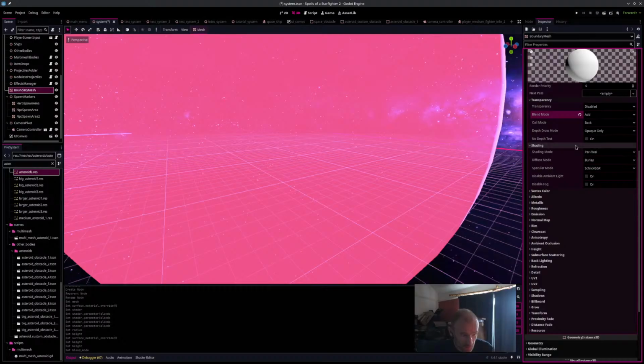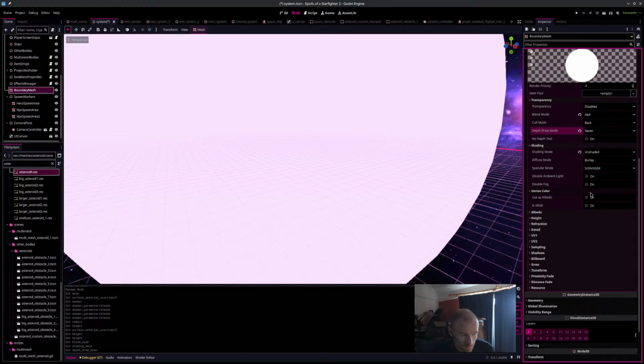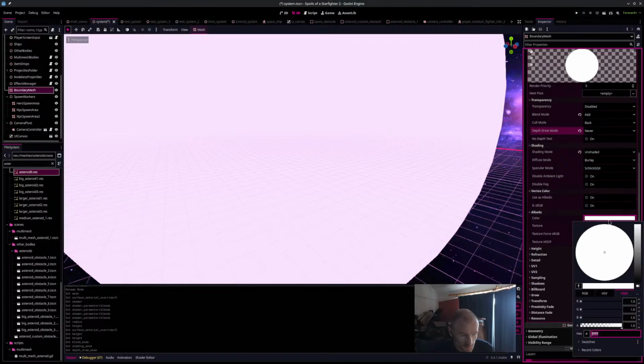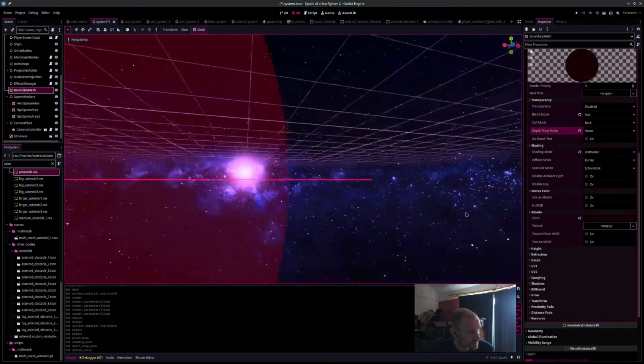And then I need unshaded. And then I need depth draw never, cull mode back. I need this, and I guess